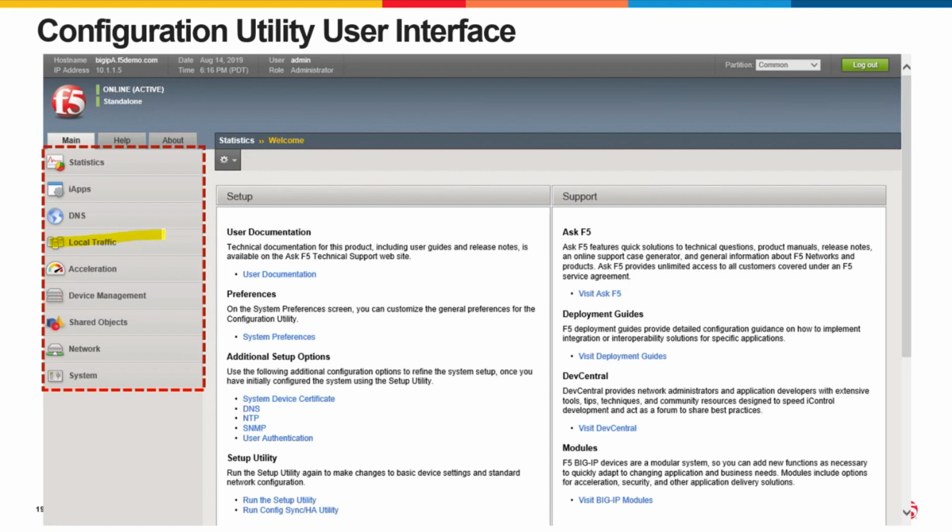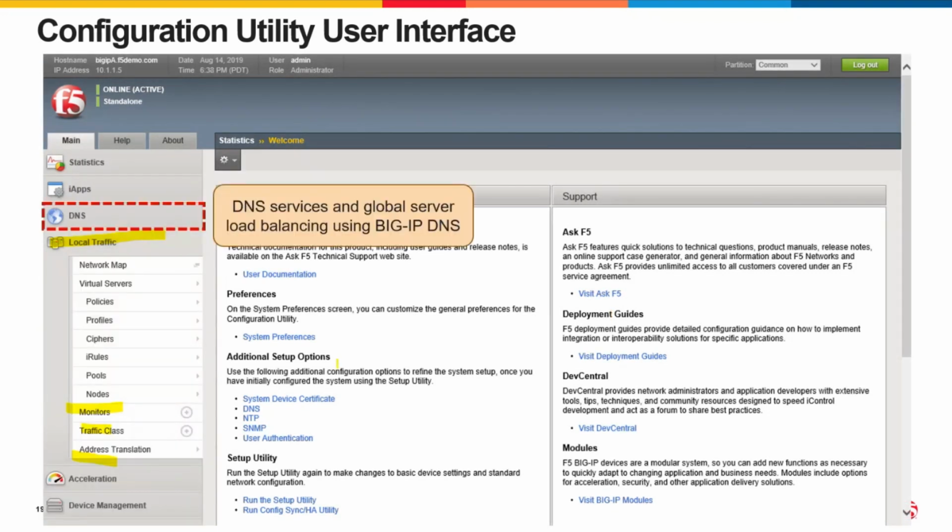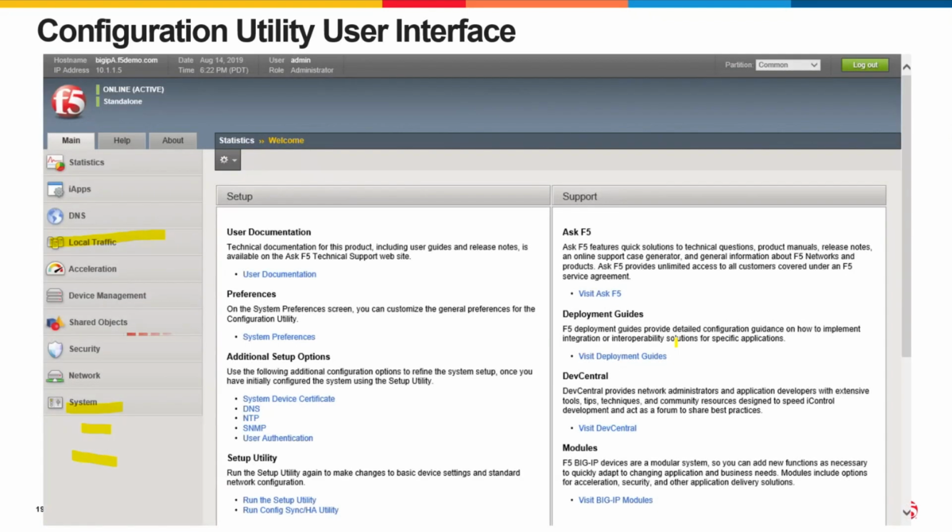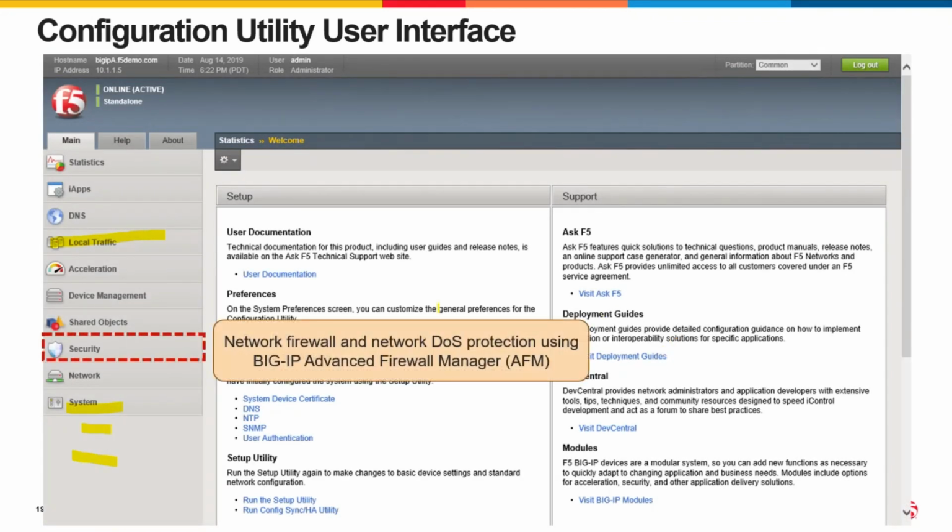But of course, after you provision some other modules, other tabs can appear here. Additional security solutions, additional options, like, for example, SSL Orchestrator, etc. So that's the GUI. Of course, everything can be configured as you configure your BIG-IP box from the GUI. Everything can be configured from the command line as well. Today, we are going to focus on the GUI configuration, but in this link that I've sent you before,